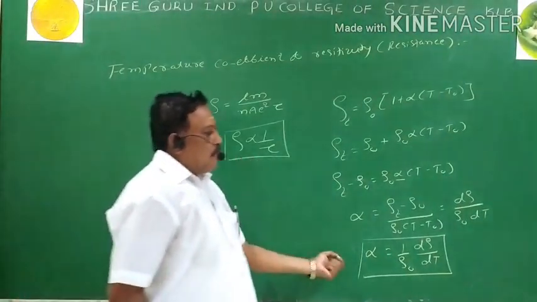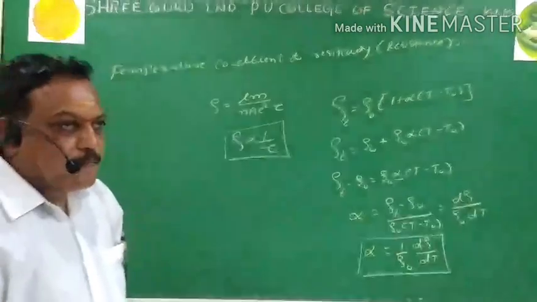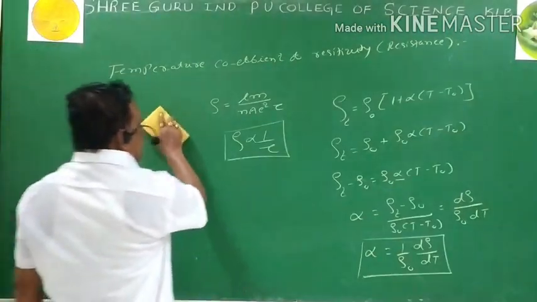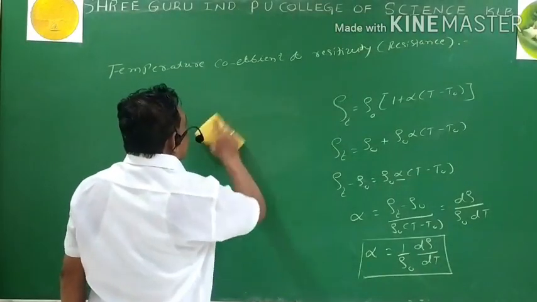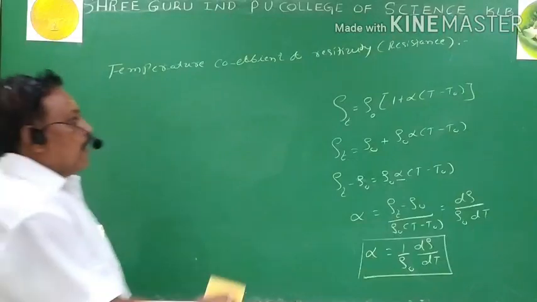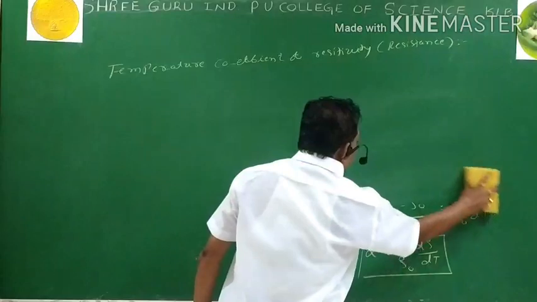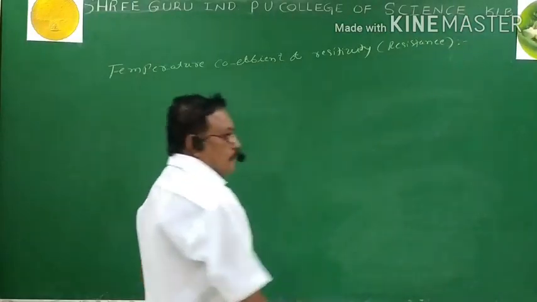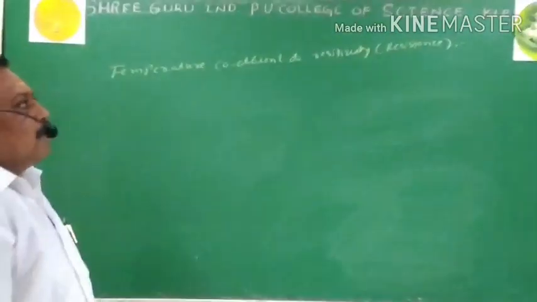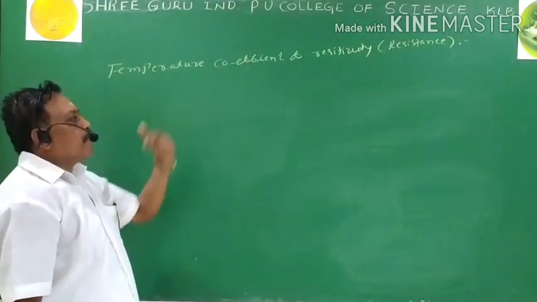By referring to this equation, if I go for resistance, the temperature coefficient of resistance: as the temperature increases, the resistivity also increases. Hence, the resistance of the conductor also increases. There is a variation of the resistance of the conductor due to increase in temperature. Then, how does the increase in temperature change the resistance? That should be given by the equation.